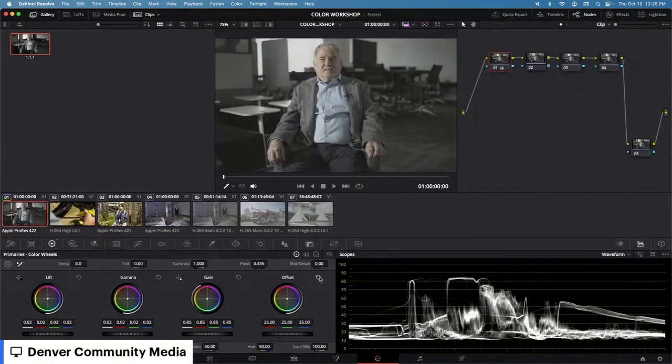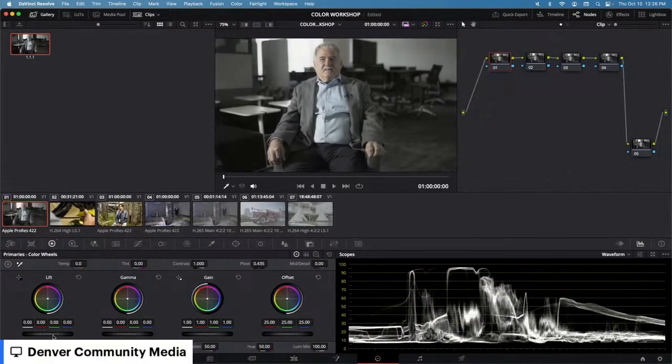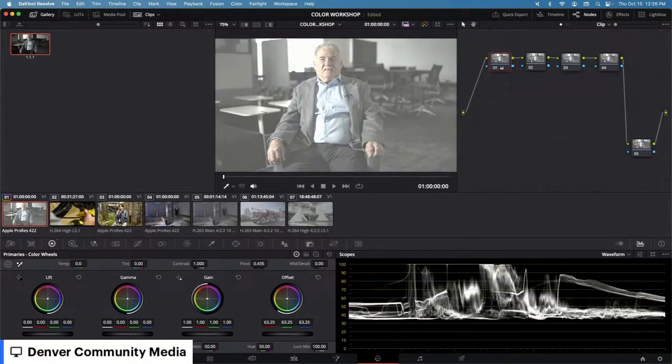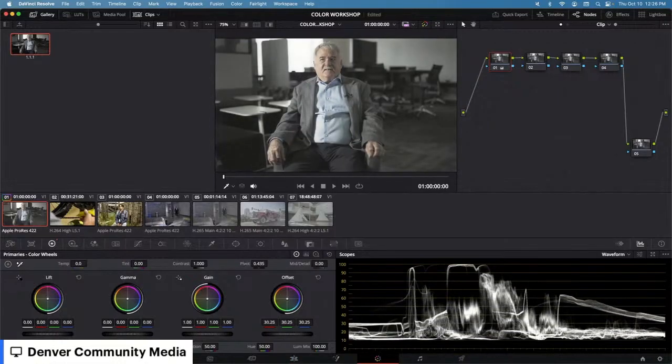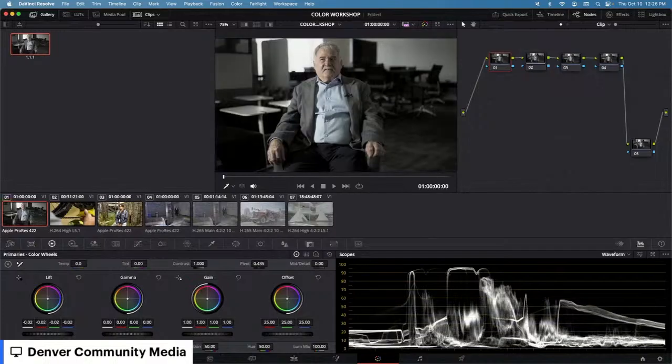The order that I recommend is starting with lift, especially if it's already pretty close. If this image started up here, then I would start with offset, just to pull everything down and get it into a better spot. But since it started pretty close, we're not even going to touch offset. We're going to skip to lift, and you generally set the bottom in because that sets the base for your whole graph and tends to adjust everything more. So I always start with the lift,